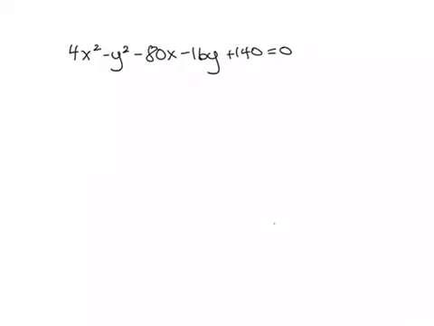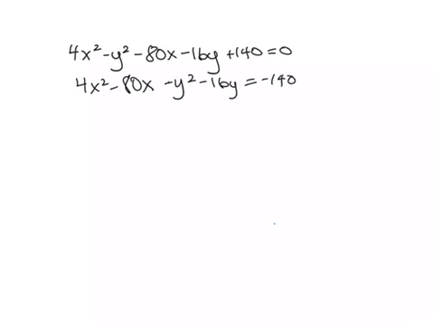All right, on this last problem, our task is going to be to identify from general form what this is the equation of. So remember, to do that you want to start by grouping together your like variables and then moving any constant terms over to the right-hand side. So I'm going to have 4x squared minus 80x minus y squared minus 16y, and then I'm going to move that 140 over, so I'm going to subtract it,